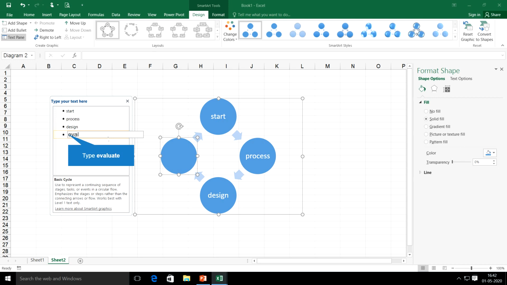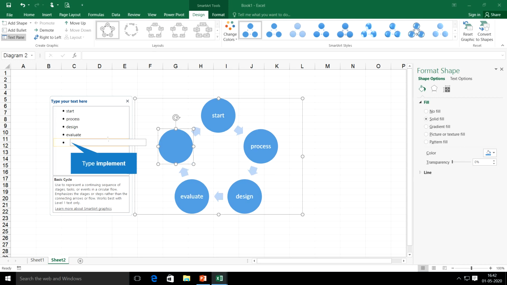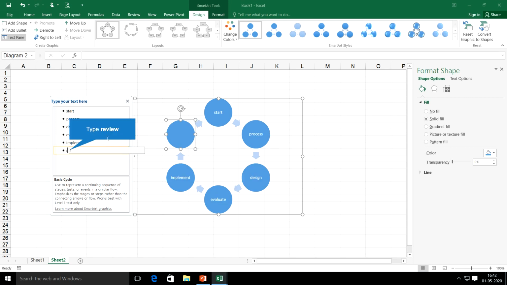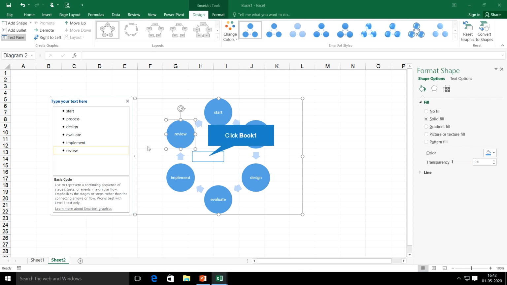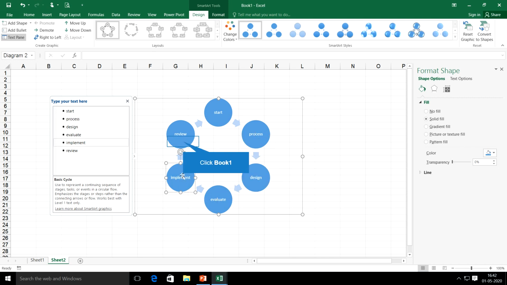Design, evaluate, okay, implement, and likewise as per your requirement you can increase the number of circles. Okay, so this way you can rename the circle name and use it for your presentations.